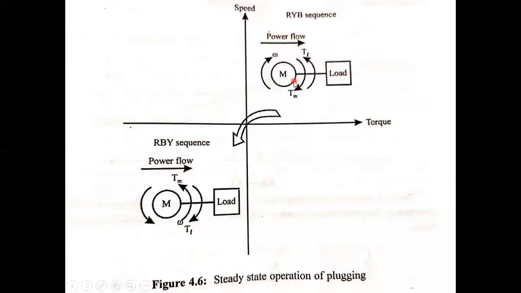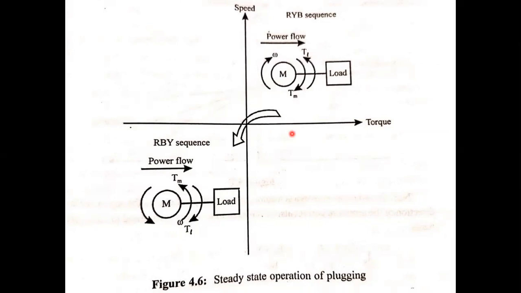This type of braking is also known as current braking or reverse current braking. So the plugging method is also known as current braking or reverse current braking. For DC machines, the armature terminals are reversed while running.